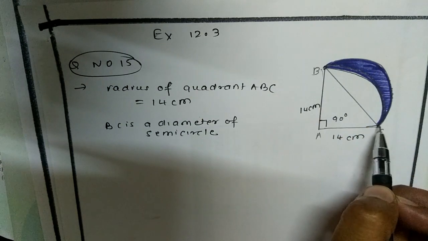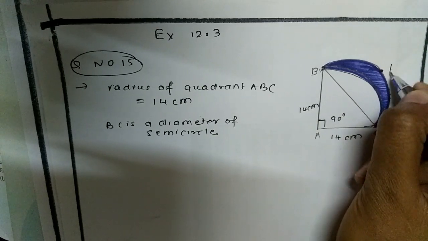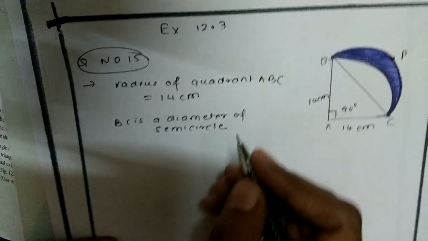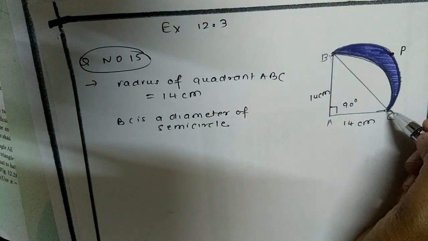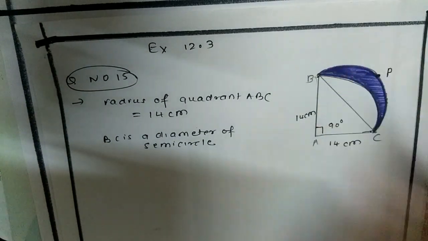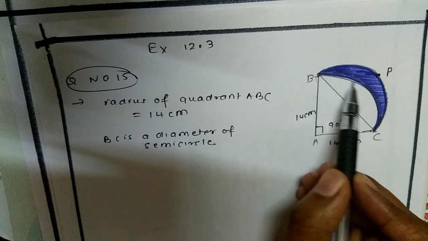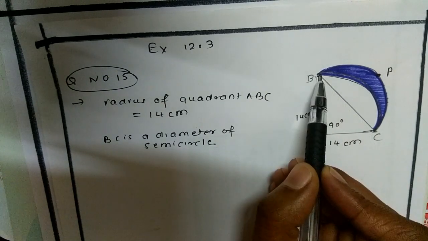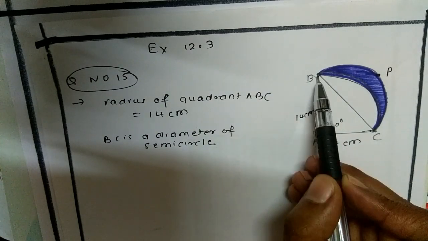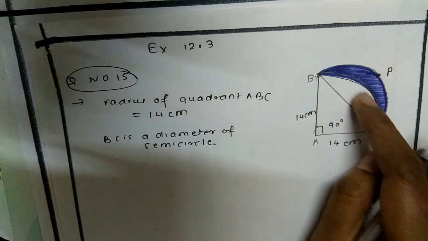From this semicircle area, let us name it, I'll name this as P here, so that it will be easy to name the semicircle BPC. So in the semicircle BPC, we don't want this area. We have to remove this area, isn't it? Then we'll get the shaded portion area. This is a segment, isn't it? Either you can find the area of the segment directly, otherwise, this is a quadrant, isn't it? You find the quadrant area, and from the quadrant area you find this segment area.